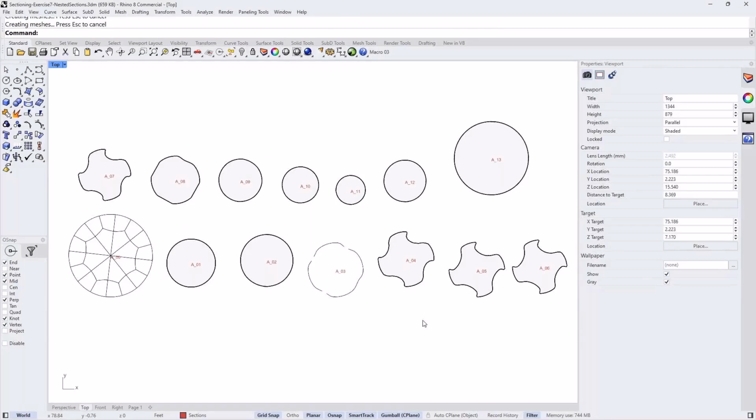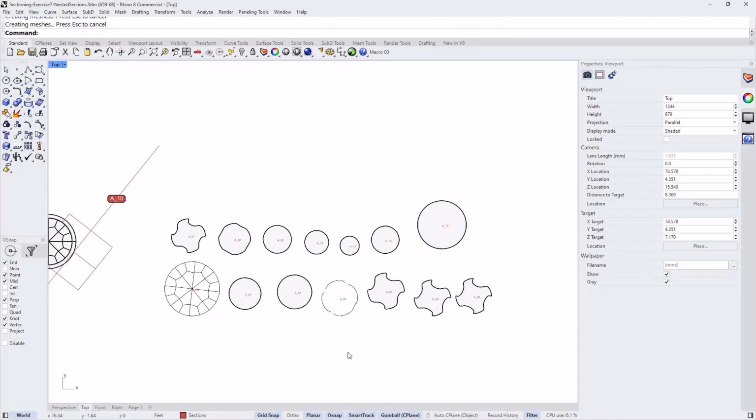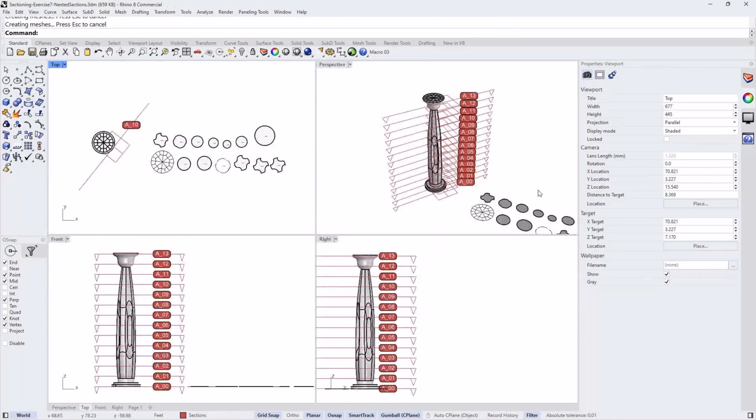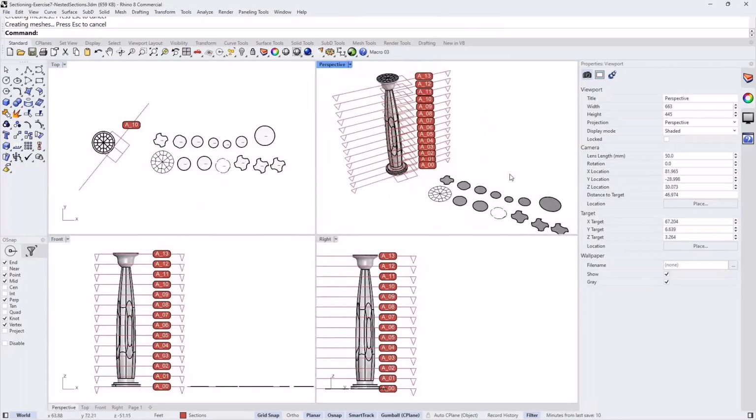If you change the spacing, if you add more of these clipping planes, then you will have to re-extract it. And as you can see, the process is not cumbersome, it's pretty fast and efficient. And these are vector drawings of all our sections. So that is really the last part of what I wanted to show you guys today,